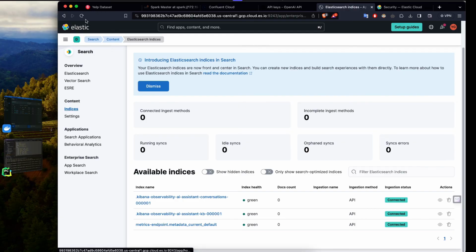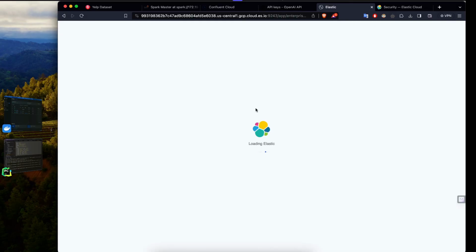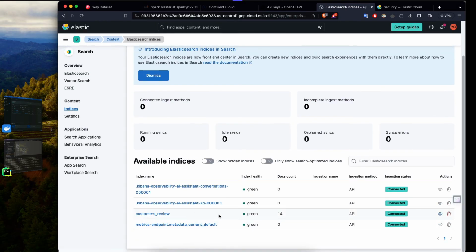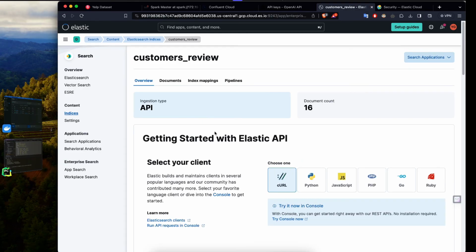Elasticsearch. I'm going to refresh this, and you can see data coming in. So we have customers review. Now inside our customers review, we have 16 document count, which is good. So right now, data is coming into our indices and into our